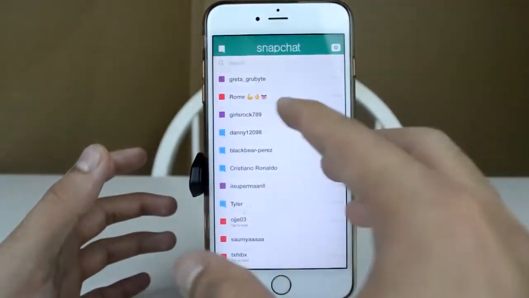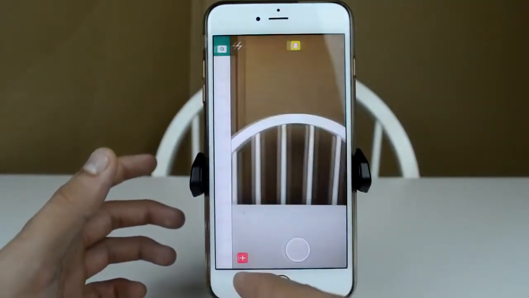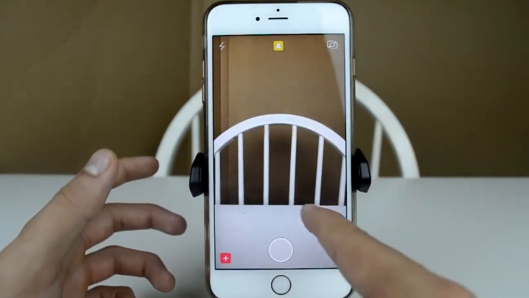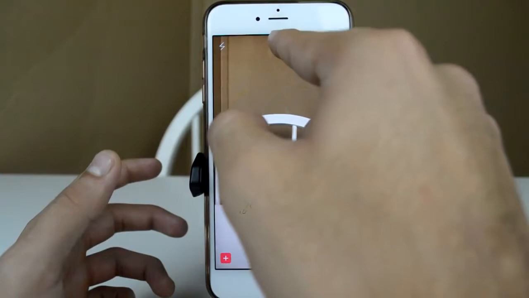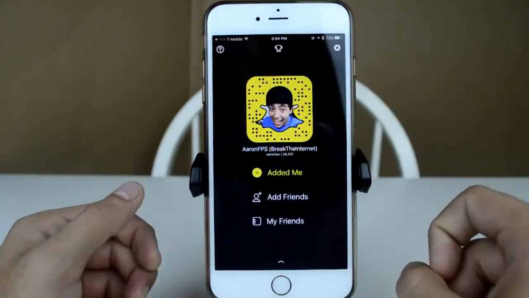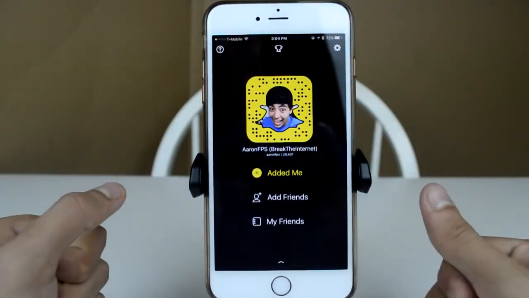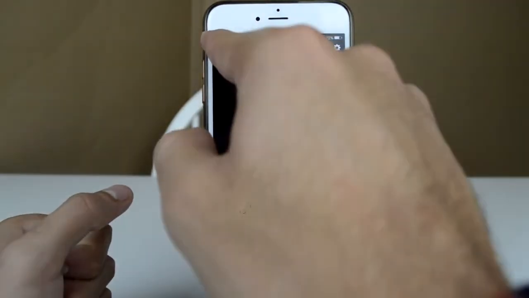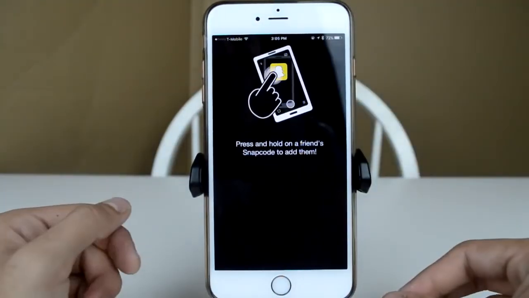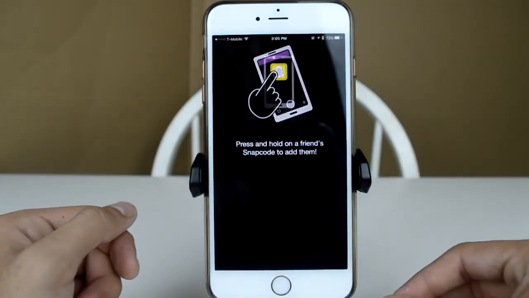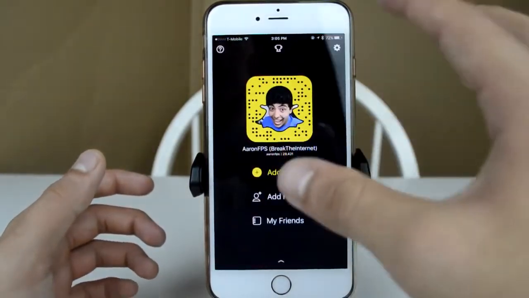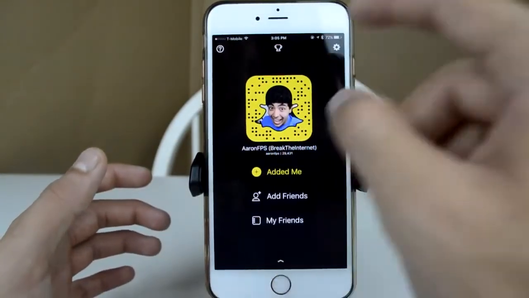Now, we've pretty much gone through everything as far as people sending you stuff, as far as taking a picture, as far as looking at the different stories. The only thing we haven't really looked at is going to be up here, which is one of your main control centers within Snapchat. So up here at the left, you can go and see a little tutorial, and this is how you take pictures of different people's QR codes. As you just go over it, and then you take a picture of it,